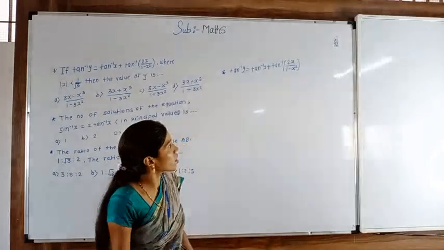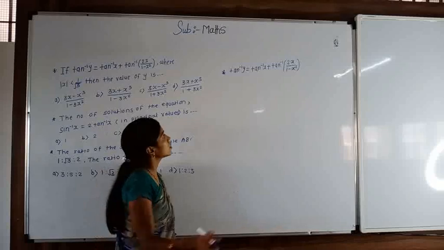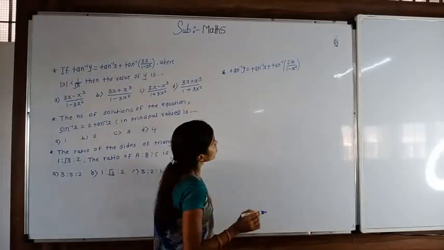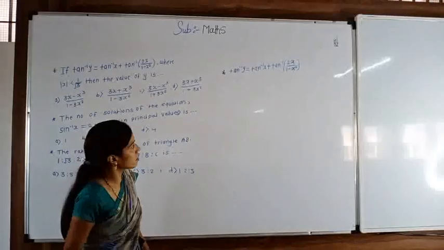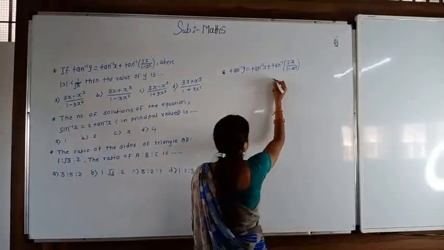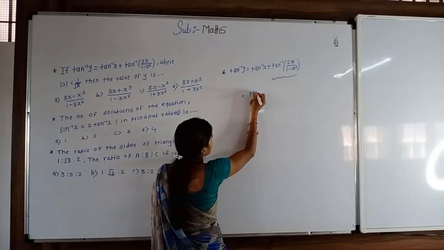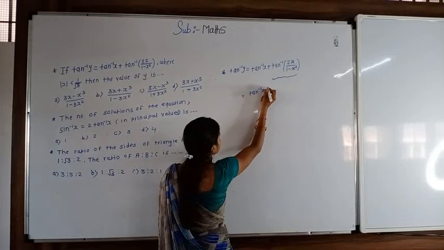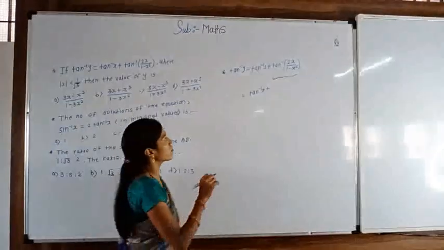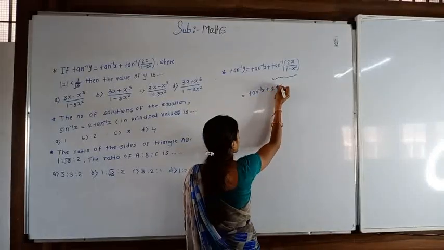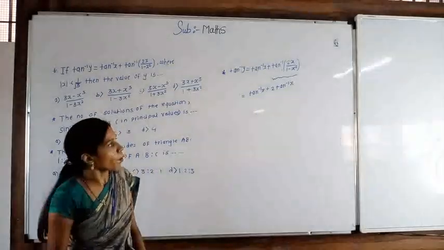For finding the value of y, first we can write the given equation: tan inverse y is equal to tan inverse x plus tan inverse of 2x divided by 1 minus x square. In that case, first we have to use the property. We know that tan inverse x as it is, plus tan inverse of 2x upon 1 minus x square, we can write as 2 tan inverse x. Okay, and it is the property.